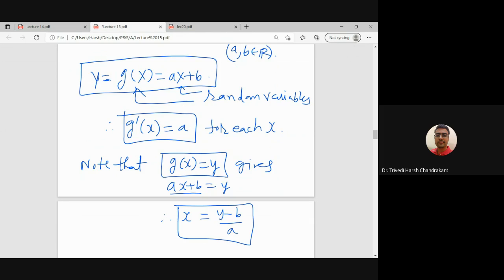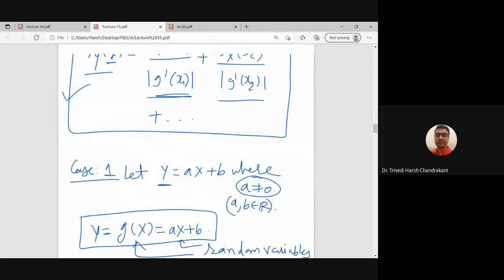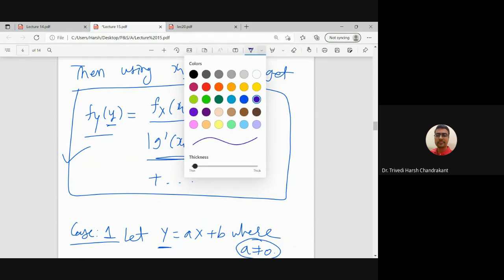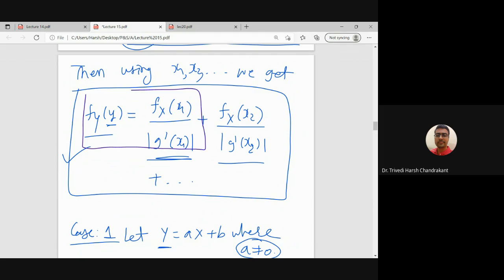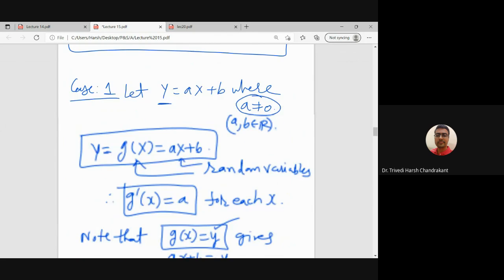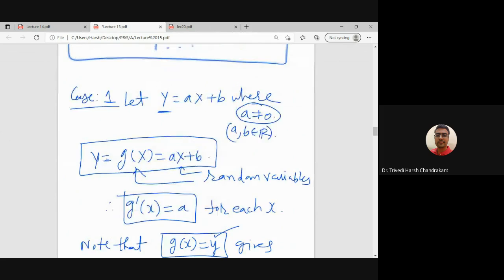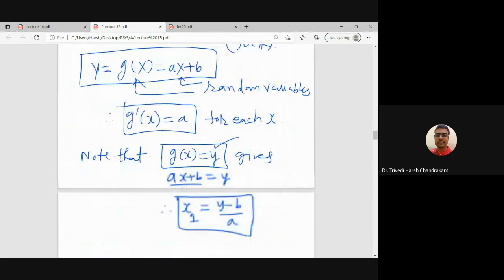So corresponding to each real number y, we get only one choice of x, that is x1. So therefore, since we have only one root, the formula in this case is up to this. Right? So that means what is fyy? So did I write fyy? Yes. So that is fyy equals to,